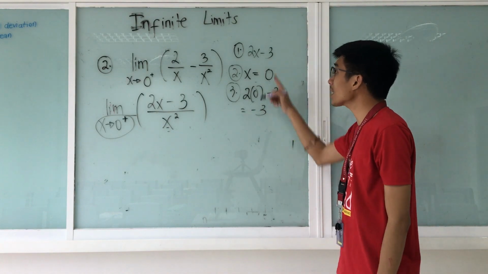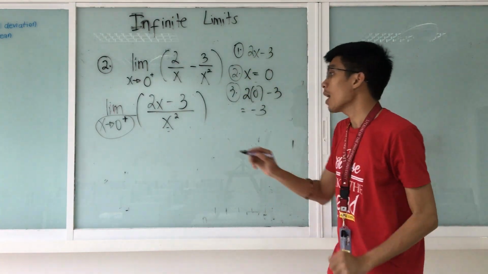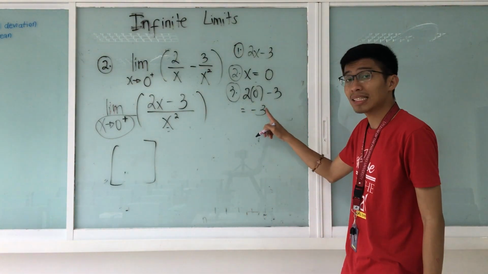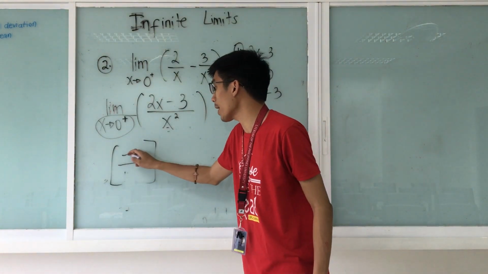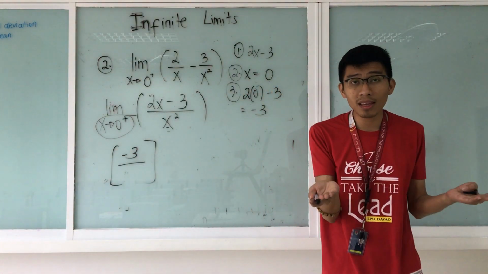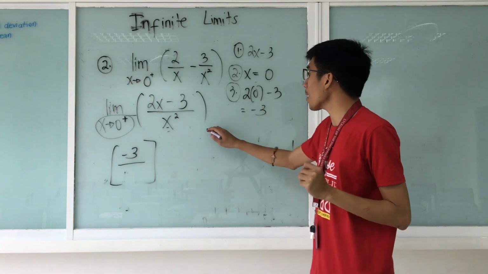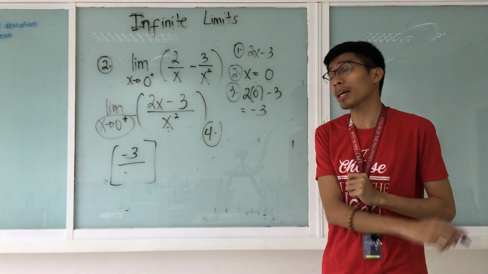Now, since I am done with my first 3 steps, I have to write it like this. That is negative 3, which is considered my numerator. So that is steps 1, 2, and 3. And for step number 2, I have to identify